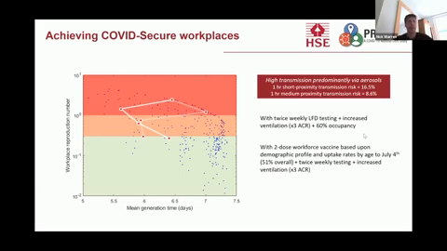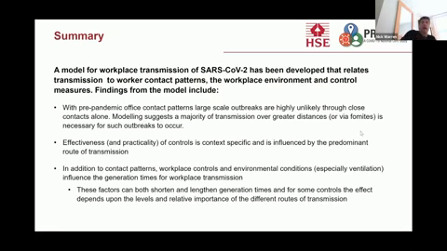So there's multiple paths, I suppose, from the red region to the green region, and what you need is a package of controls. And in any particular workforce, some controls will be more operationally practicable than other ones. So you can't have reduced building occupancy very easily in manufacturing production. You can't do your production from home. So building occupancy is not a viable one, but other things like face coverings might take their place in that sort of situation. So to summarize, well, there's a lot going on.